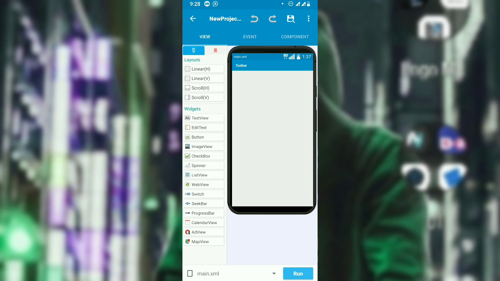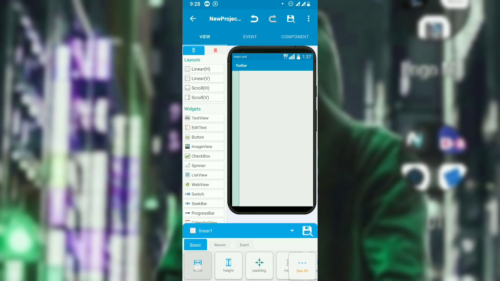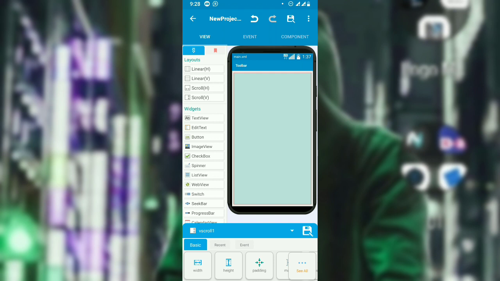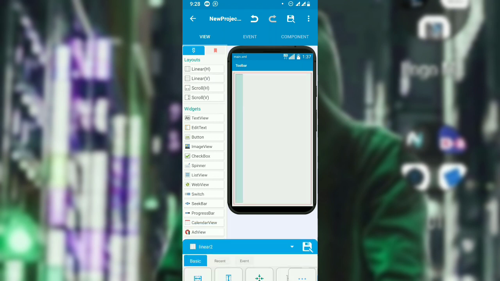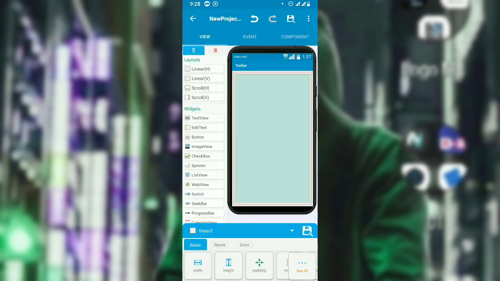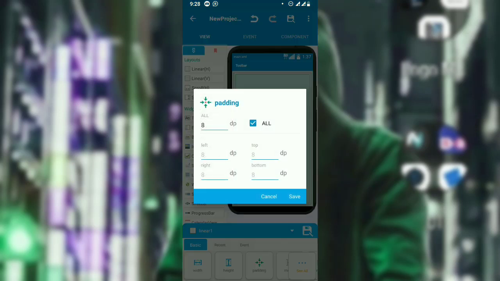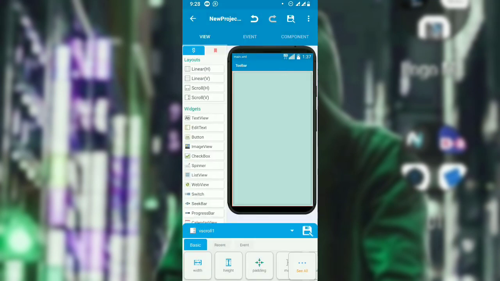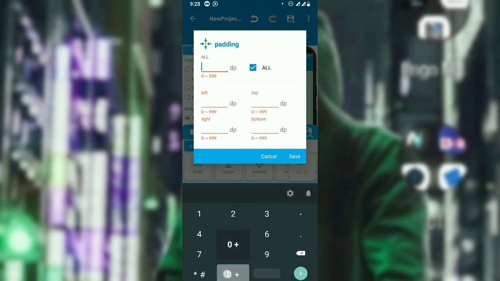First of all we are going to put a vertical linear, linear 1, with width as match parent, and a vertical scroll with width as match parent, and another vertical linear with width as match parent. Remember, all are vertical, and let's remove the paddings so it will look nice here. Linear 1 padding 0 and scroll padding 0, and